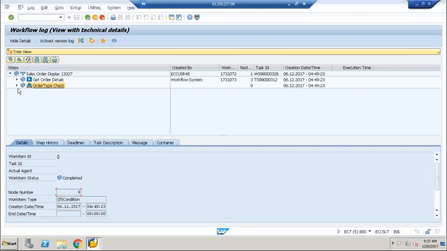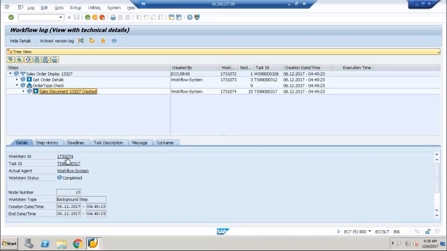Now if you look inside the task, for this you will have the same details again. So next thing is, we have seen the details, which contain the basic information about the task or workflow, when it is created and what is the task ID and what is the type of the task. Now if we go to the step history,